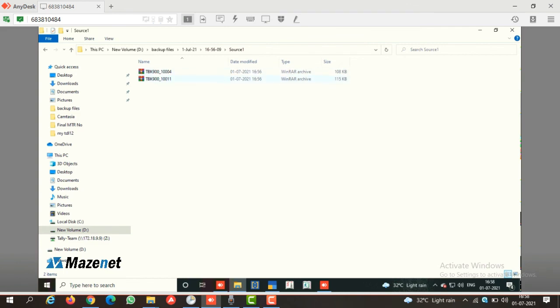So the users can schedule backup multiple times in a day by selecting daily and the time for each backup. So the Tally Auto Backup module allows scheduling backup on a daily basis to a specific location. So this allows the user to take backup during opening and closing of Tally automatically in a specific folder on a daily basis. So these can be on local drives, for example, C, D, E, F. It's based on your necessity.